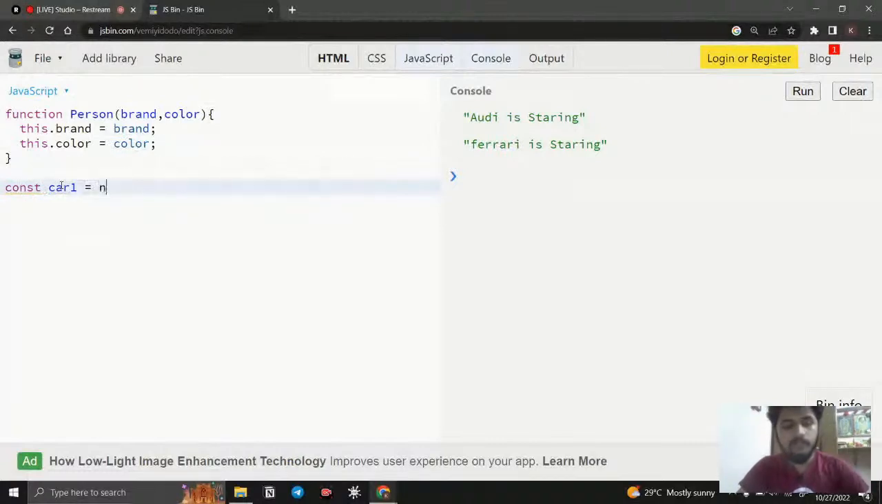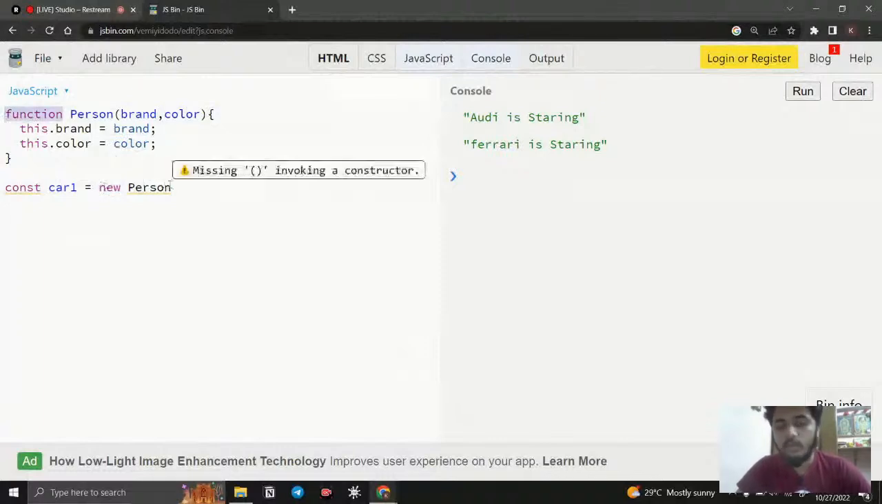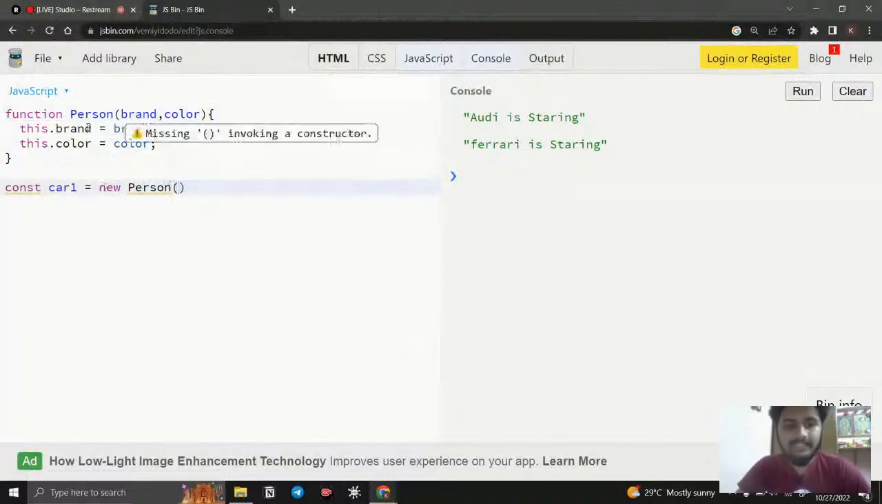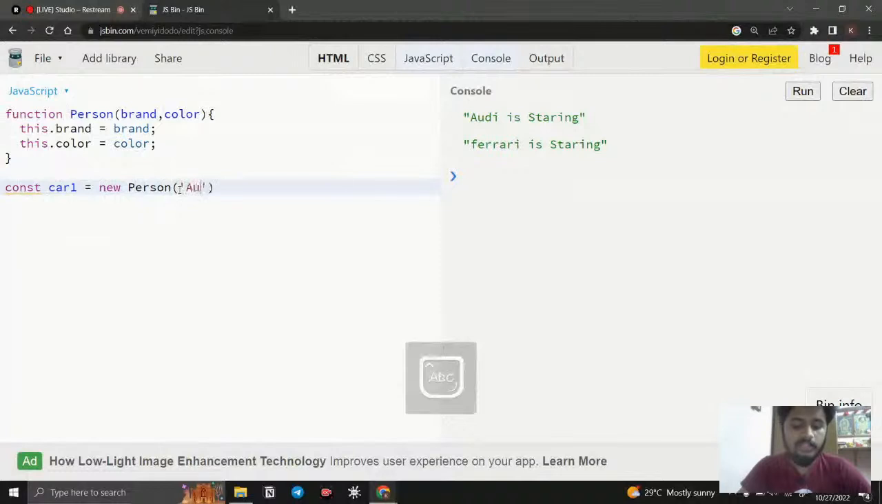here we can say new, and we use the constructor. So what does this new mean? I will explain what the new keyword does. Right now we can give two parameters. The brand is going to be Audi, and the color is going to be blue. These are all the parameters I am passing. So if I say